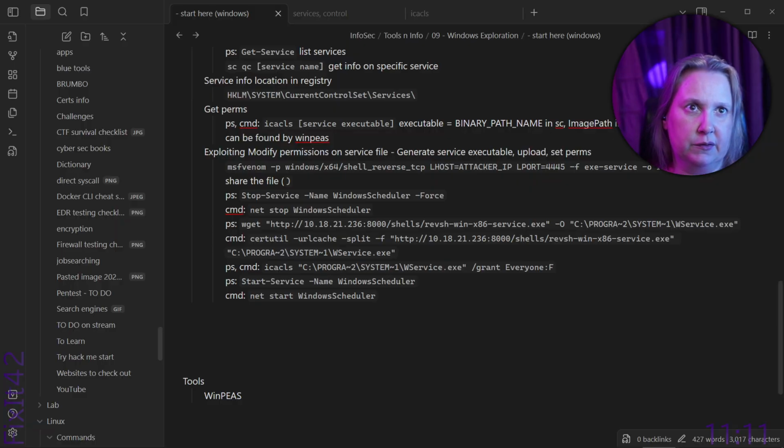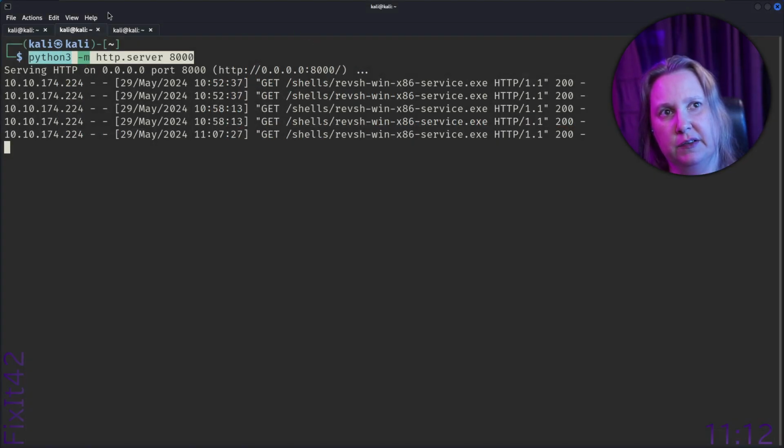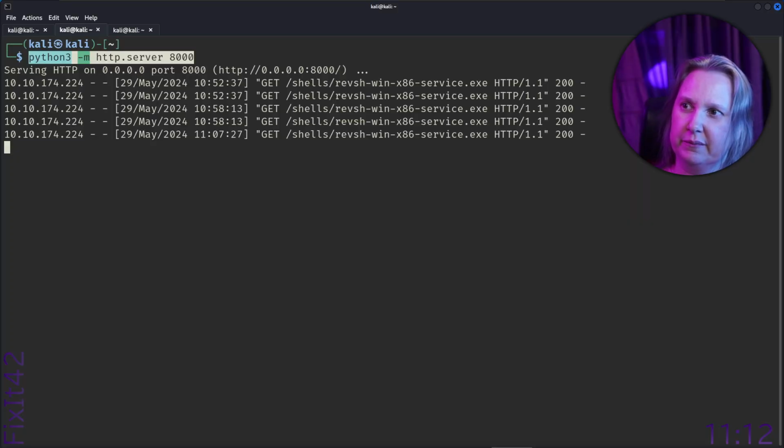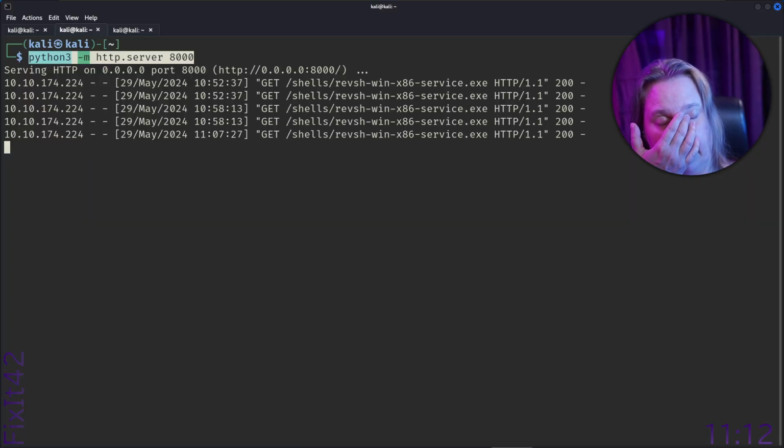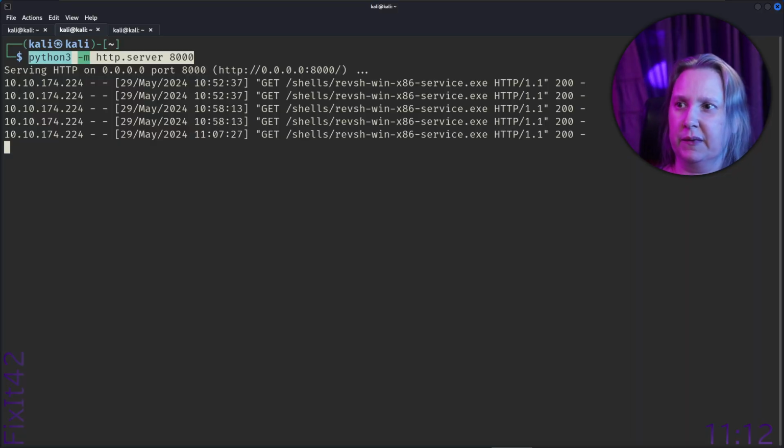So I'm actually going to just copy the one that I used. I should practice typing this more times. I don't think I really remember how to type it, because it's just always there, you know. But I know the -m. I know it's the HTTP server, and I usually use port 8000, so that your notes stay together. This wouldn't work if I change the port. And then before starting it here,